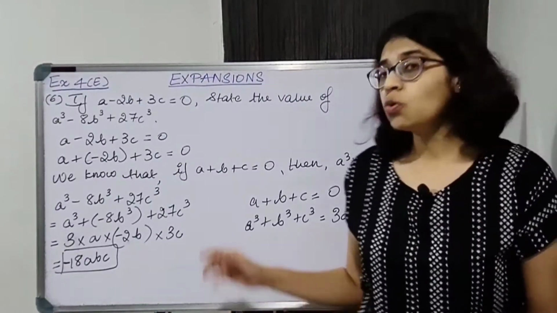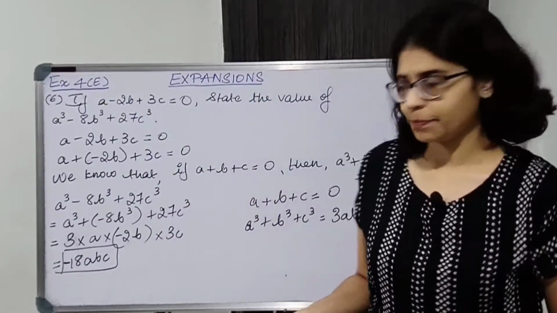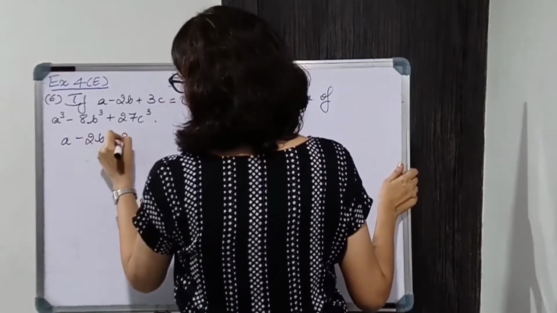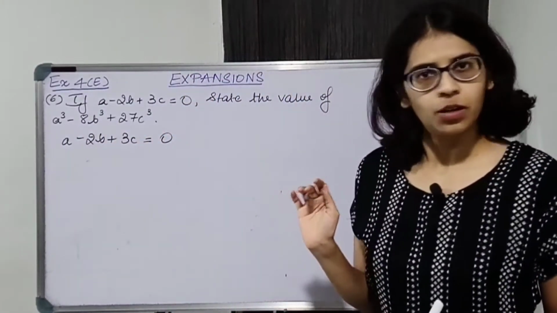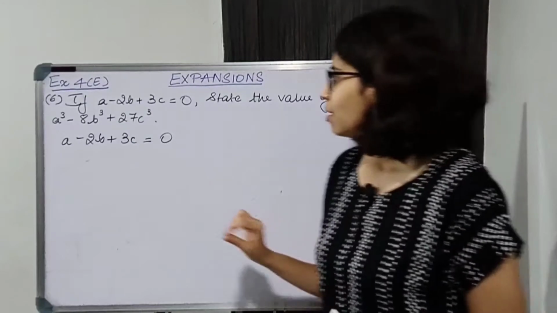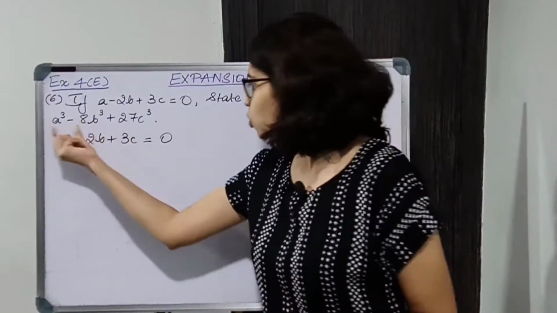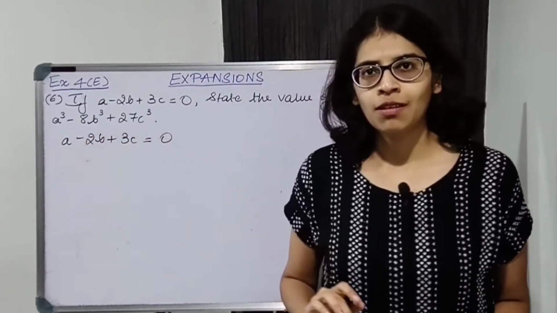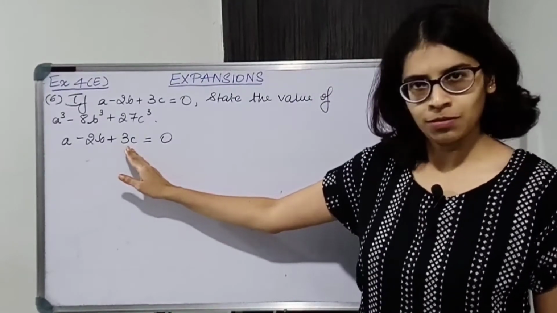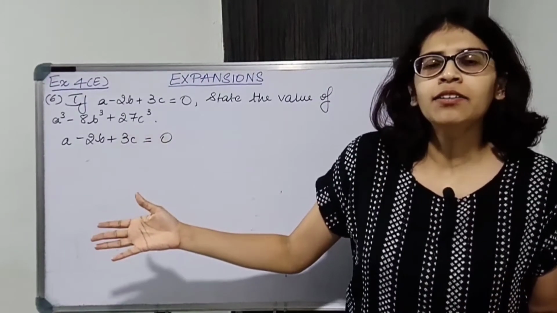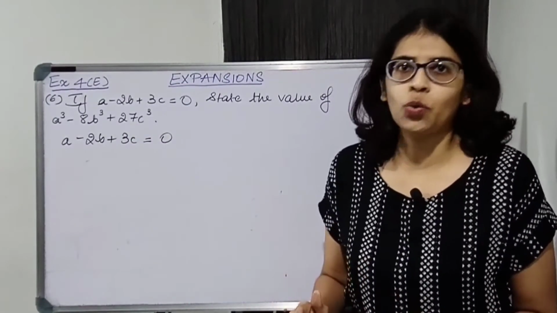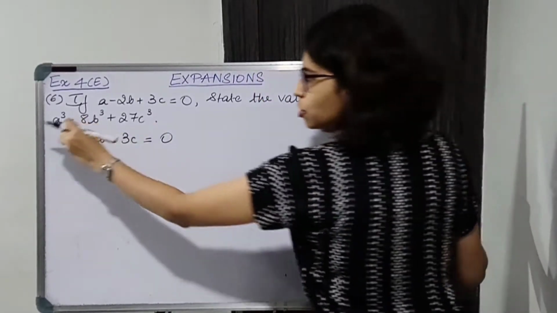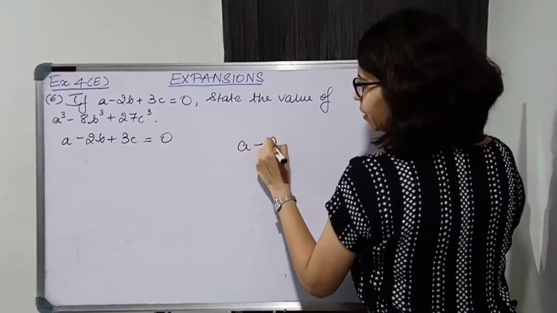Okay. Now we'll solve without using the property. Now in second method, students, we'll write down the question. a minus 2b plus 3c is equal to 0. Okay. Now what you will do? Over here there is a cube, in the find part there is a cube. So what we need to do, we need to cube this. But the cube of 3 terms. Do I know any identity for the cube of 3 terms? No. Okay. So if I cube, I'll cube the entire thing. I'll not just cube one term.